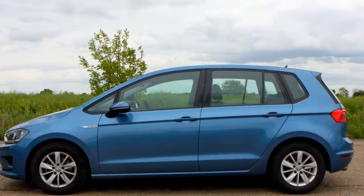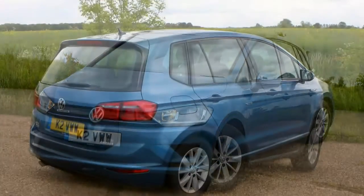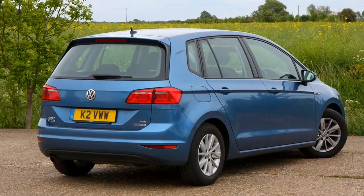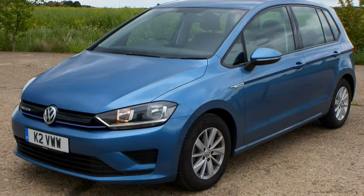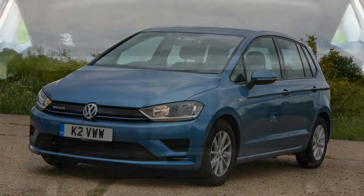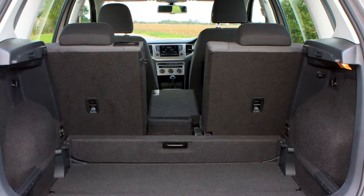Topping the range in terms of petrol power is the 150 horsepower version of the same engine, with a burlier 250 Nm of torque, at 5000 revolutions per minute and 1500 revolutions per minute respectively. This boosted figure means you get the stronger 6-speed auto box or a manual with the same number of ratios, and the selection of GT trim only. It's faster too, with 0 to 62 miles per hour taking 8.8 seconds and a top speed of 132 miles per